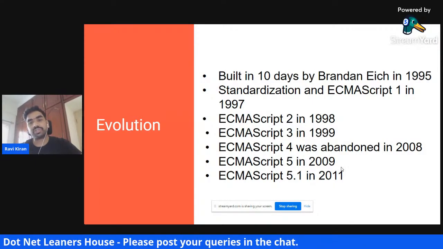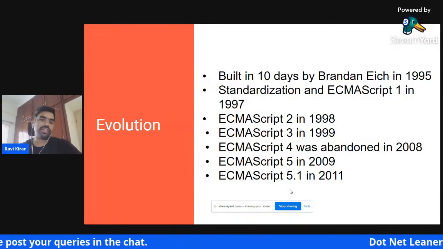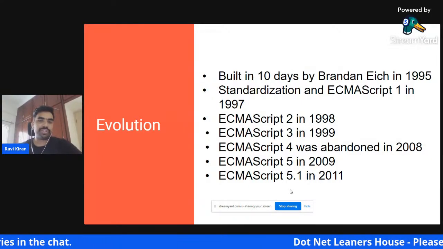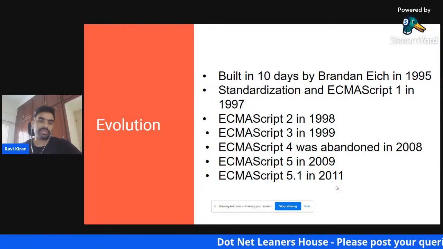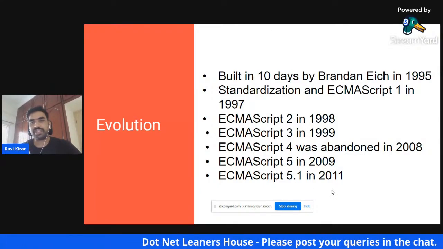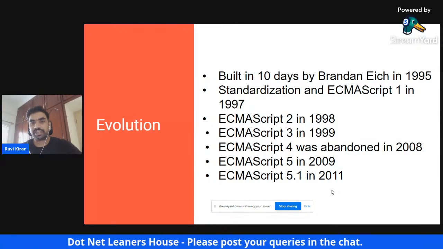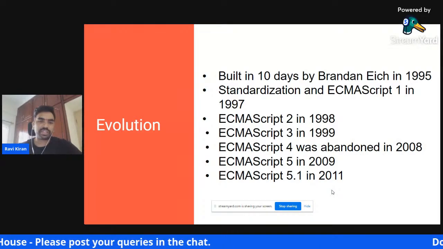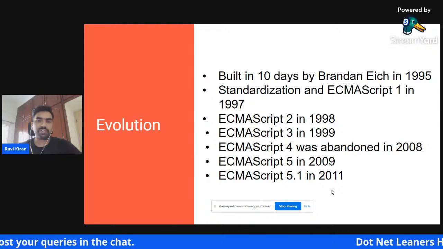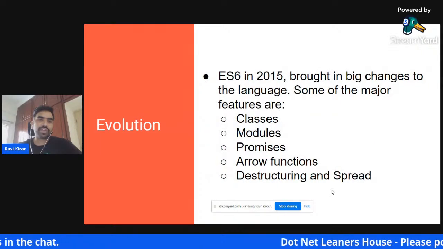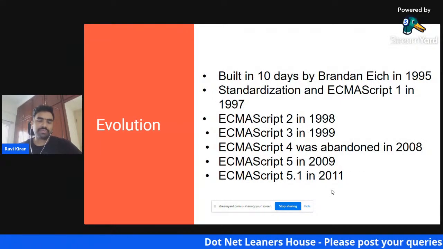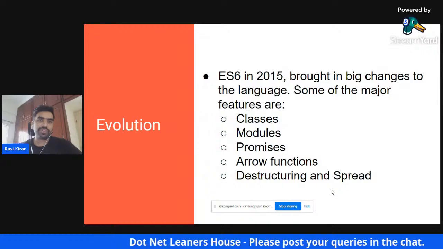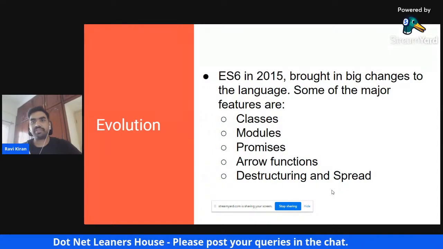Then in the year 2009, we got ECMAScript 5. And for the first time, they released a minor version, 5.1, in 2011, because it didn't have anything significant in it. It only had a couple of minor features. After that, there was a big gap from 2011 to 2015, and by that time, JavaScript was everywhere.